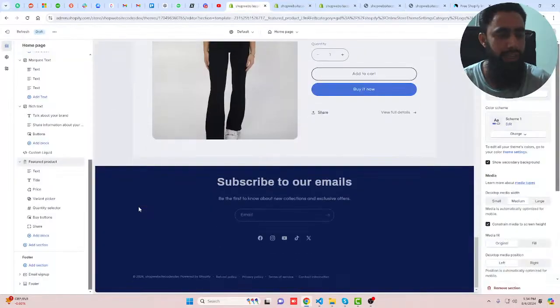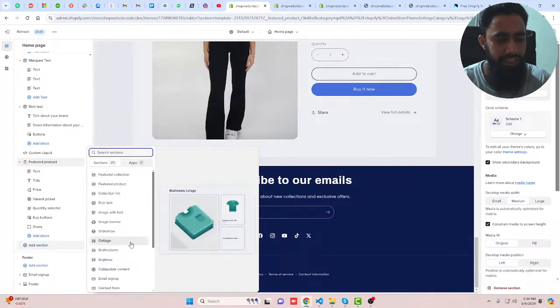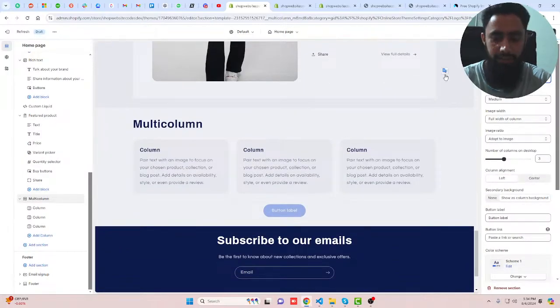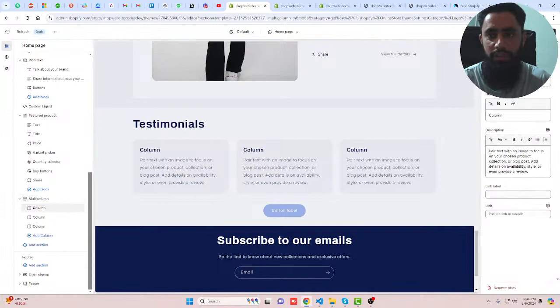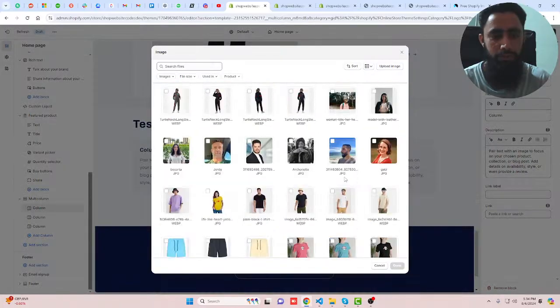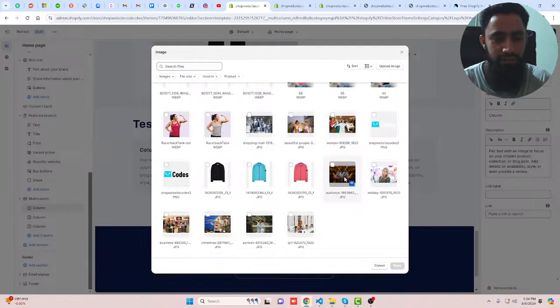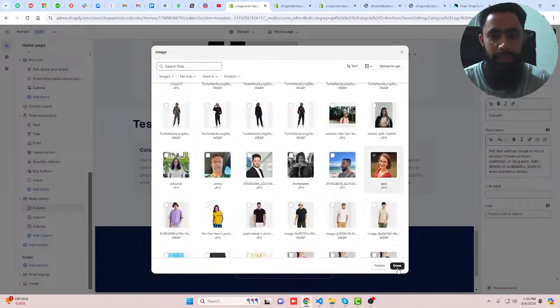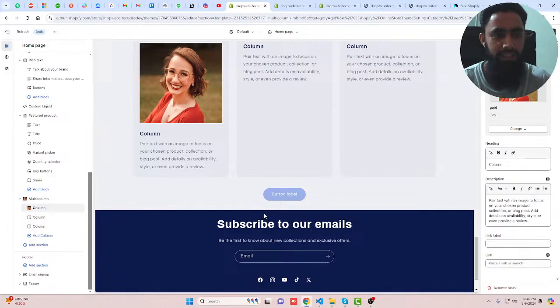So you should go back, scroll it down, click on add section, and here we have multi-columns. You should click on multi-columns, and here, for example, I am writing testimonials and make it bold. Then after, you have the columns. Click on column, select a specific image. So for example, I have multiple images here. So I'm going to put one image. Yeah, this one. So for example, I'm adding this,